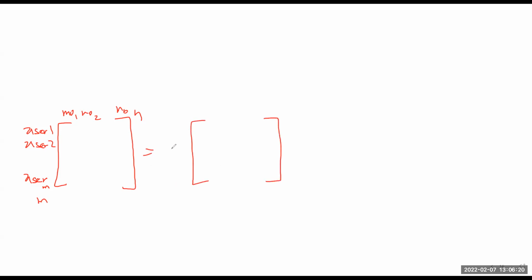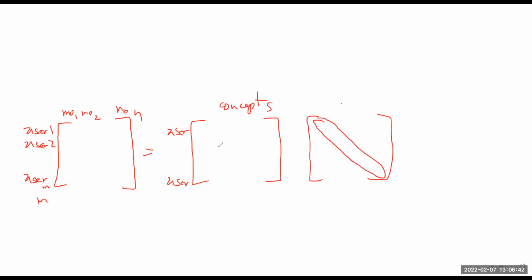This one is, again, users to concepts. This is the diagonal, which, remember, is just the values in the diagonal itself, and it tells you the importance of the concept.